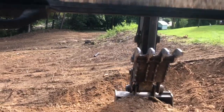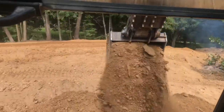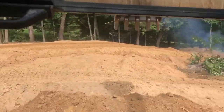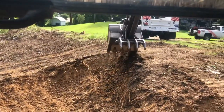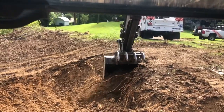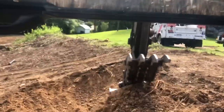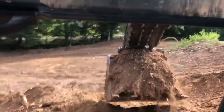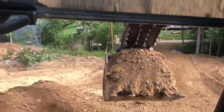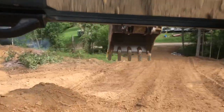I might be getting just a little bit too deep. I don't want to stop on my dig right there. I'm just kind of throwing this stuff in windrows behind me. We're going to build all that up in front. A lot of times we found this to be the quickest way to cut and to grade out. In fact, I did this for years before I got that big pusher. I would have a hoe and we would overdig or dig it out with the hoe, throw it in behind us,